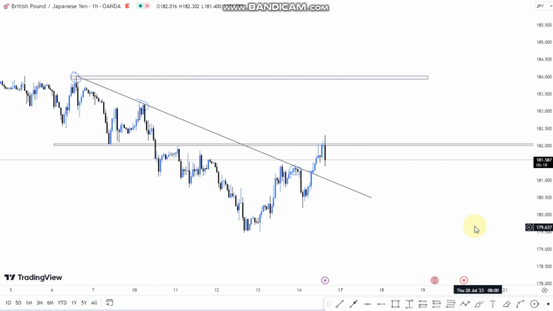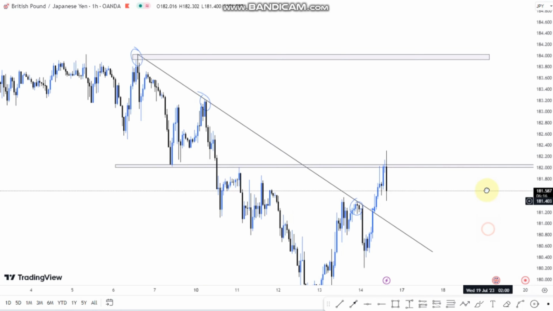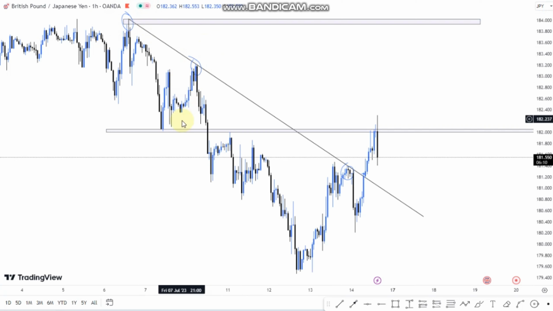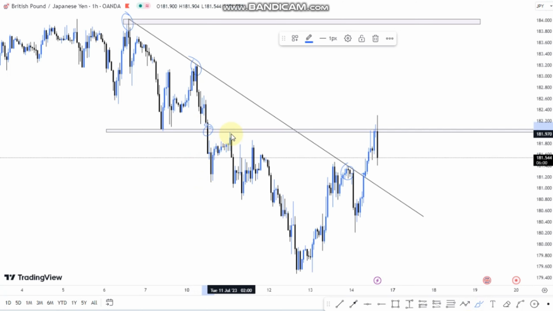So we have those zones. I'll zoom it out like this. We have this first zone around these areas here, and this first second touch, and so we have this grid support until it turned to resistance. It was a support here, and it broke around these areas and came to retest. So this is a strong zone, as it was respected around these areas here,